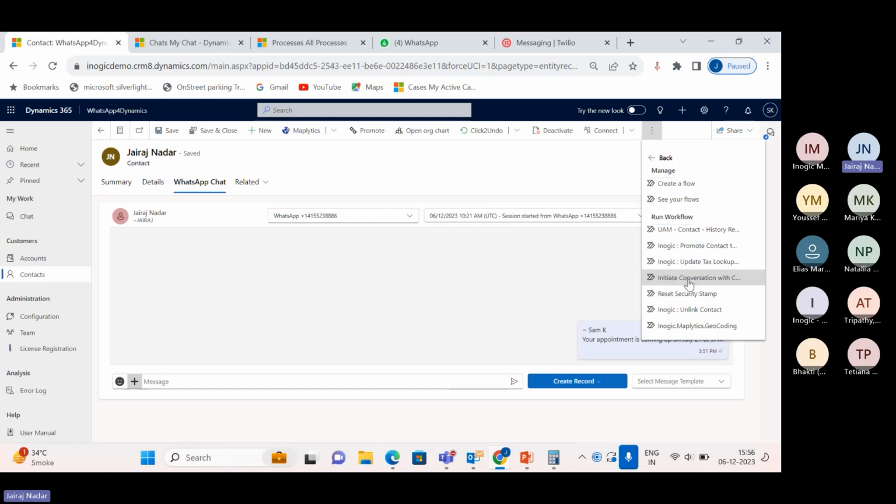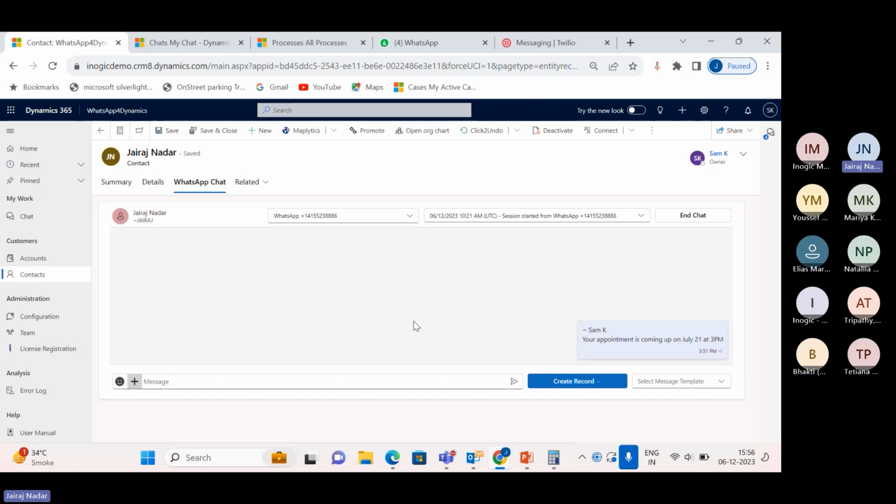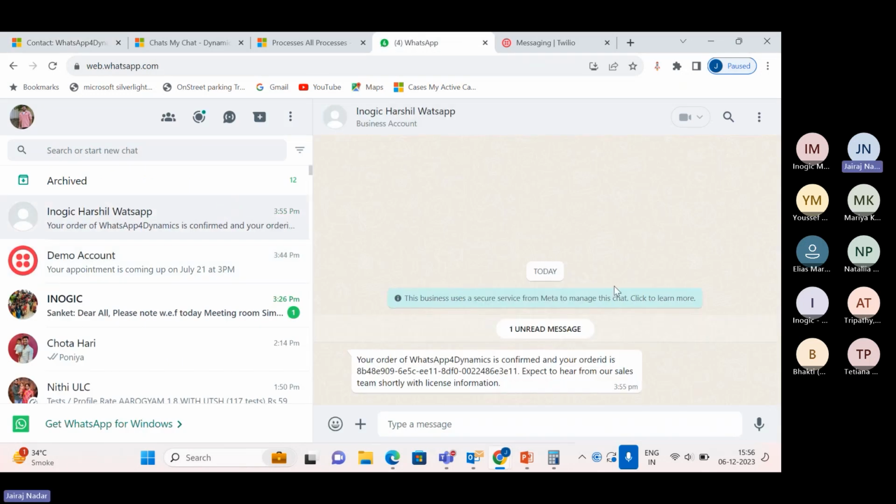If I wanted to send any automated messages, this is a flow that I've created within the system. So now the user will be able to get those messages in WhatsApp. This is some kind of automation, a message that I wanted to send to the customer. This is something that I've created and that has been sent to the customer. This could be the kind of use cases that I've used for demonstration and webinar purposes, or